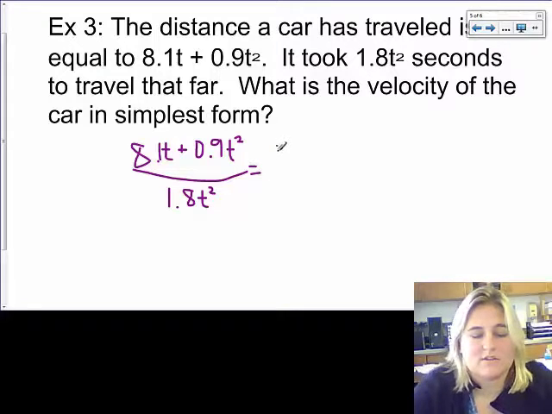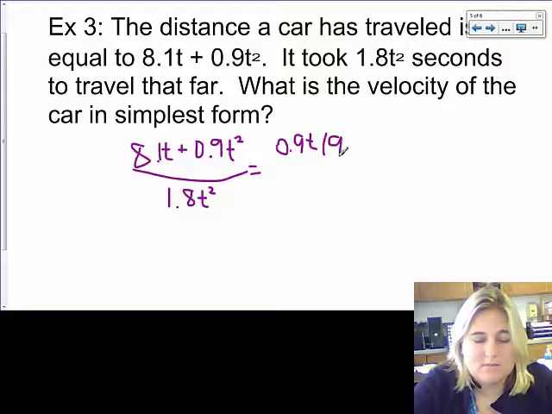Okay, so if I do that, I have 0.9, and I can also take a t out of both. I'm going to have t out here. When I do that, I'm going to be left with 9. The t came out, so it's over here now, plus 0.9 divided by 0.9 is going to give me 1, and t squared divided by t leaves me with t,